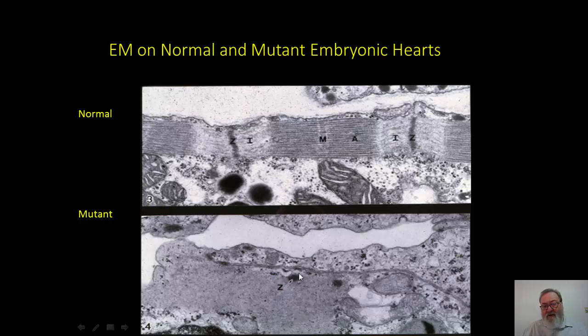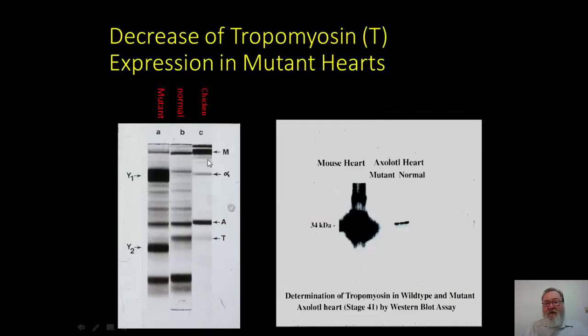There are remnants kind of being normal. You can see the dense areas that perhaps are similar to the Z lines, the alpha-actinin. You can see a few thick filaments, very few thin actin filaments like you see in these I bands. We also did a series of biochemical studies. This is just one that we did where we did SDS polyacrylamide gel electrophoresis, analyzed the constituent contractile proteins in mutant, normal, and we had some chicken skeletal muscle